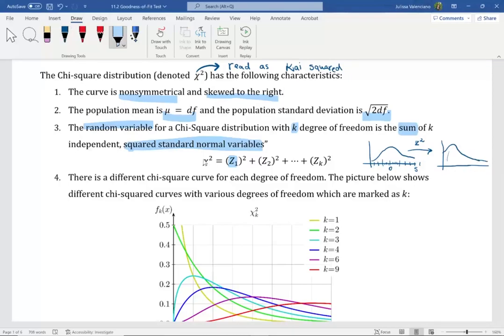Okay. So here we're saying the chi-square distribution is equal to the sum of the squared standard normal distributions for these variables. So that is why we see z1 squared plus z2 squared plus ... plus zk squared. Again, here we're talking about a total of k standard normal distributions. We're squaring each of those standard normal distributions and we're adding them. Now, this is not something that you need to memorize. This is me explaining why we have a right-skewed distribution for the chi-square distribution.